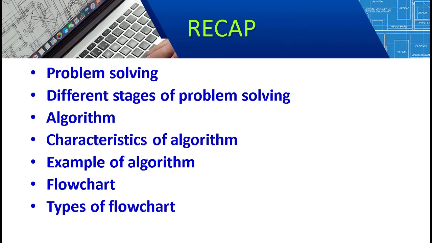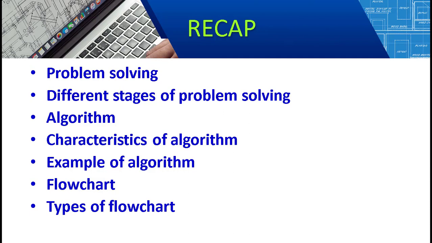And I also gave you an example to find a simple interest. So we write step by step: step 1, input; step 2, input P, T, R; then in the next step, step 3, we calculate SI as P into T into R divided by 100; and step 4, output, what is the output, that is simple interest, SI. And finally we stop, that is, we come to the end of the algorithm. So this is how we have to write an algorithm.